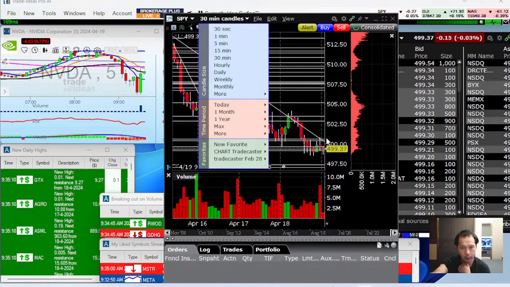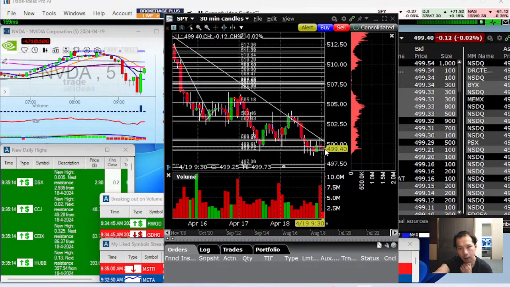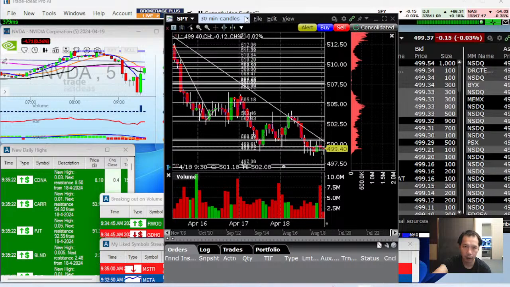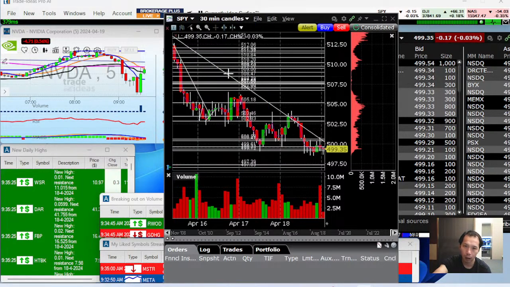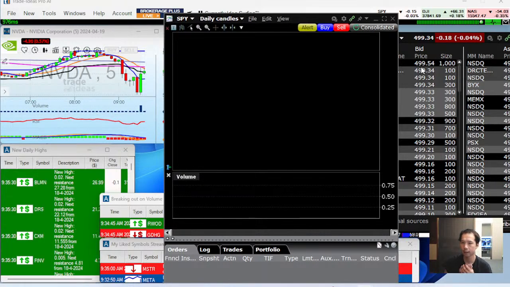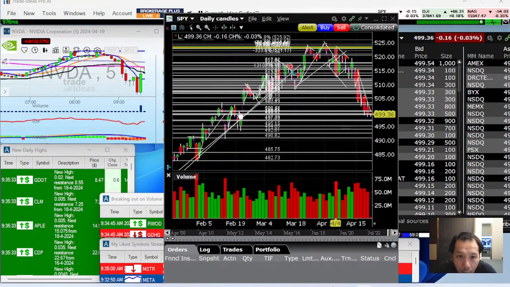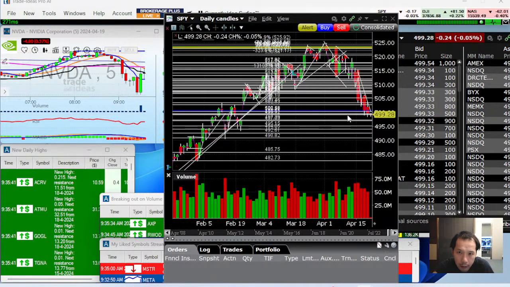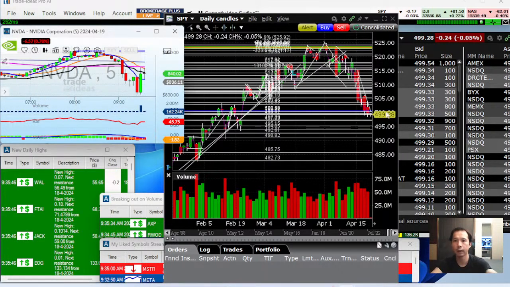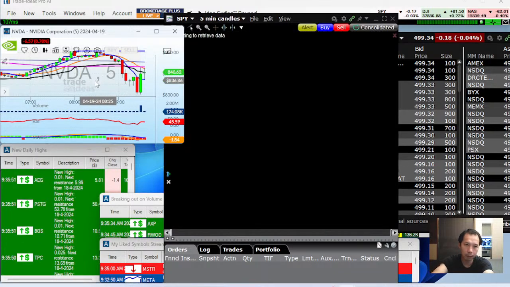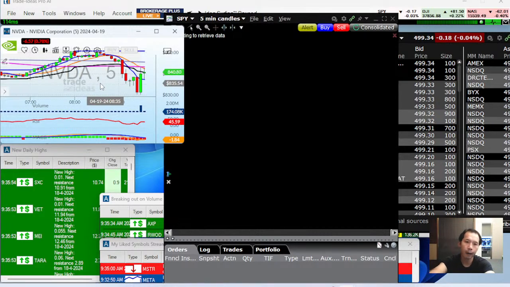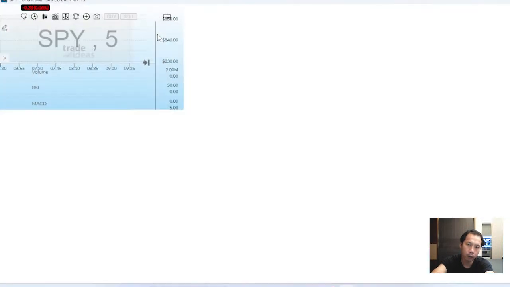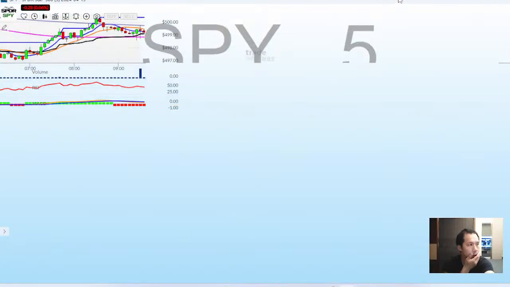So I think this downtrend will continue. I think we're going to take a look at and test some other previous resistance levels that had formed. I would surmise that we would try to form some sort of resistance here at 499 for the better part of this morning, maybe even past 10:30, and then if no break in the trend line occurs, I think we'd start making the turn down